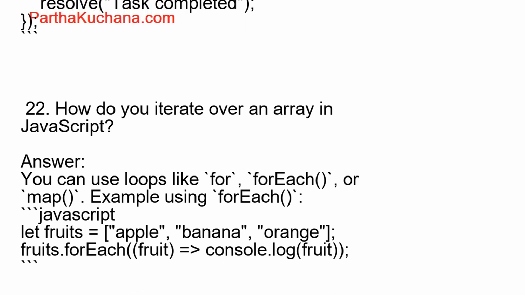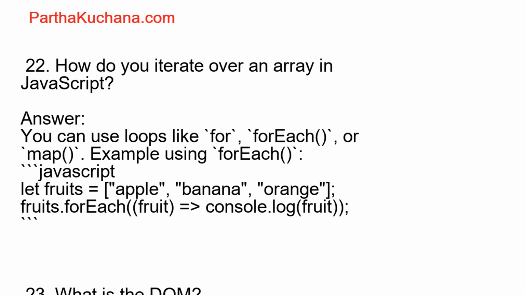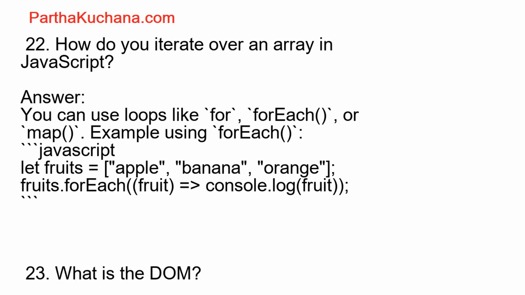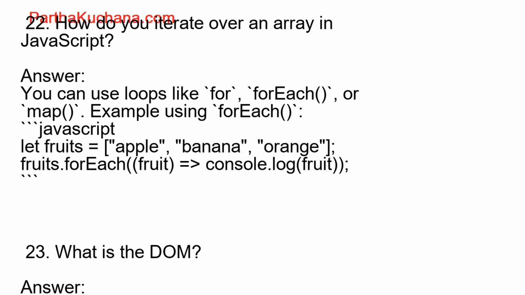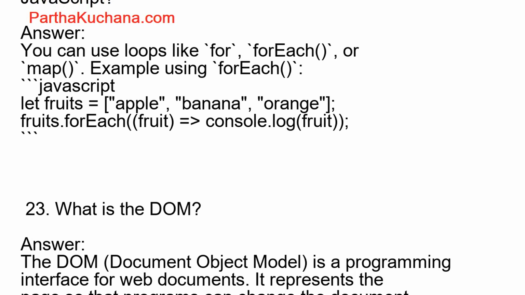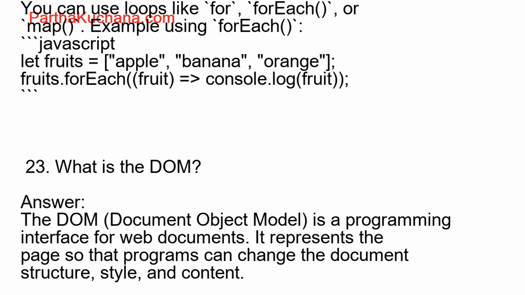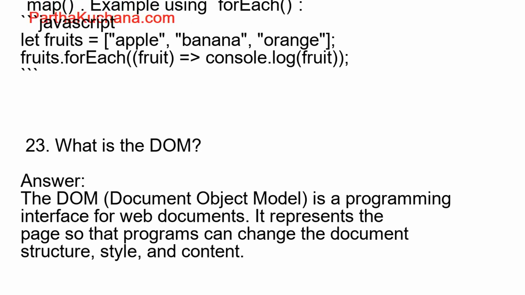24. How do you select an HTML element using JavaScript? Answer. You can use methods like getElementById, getElementsByClassName, querySelector, or querySelectorAll. Example, JavaScript. let element = document.getElementById("myElement");